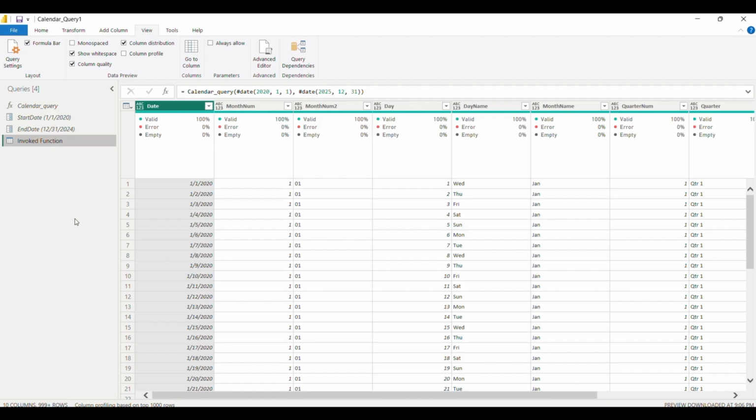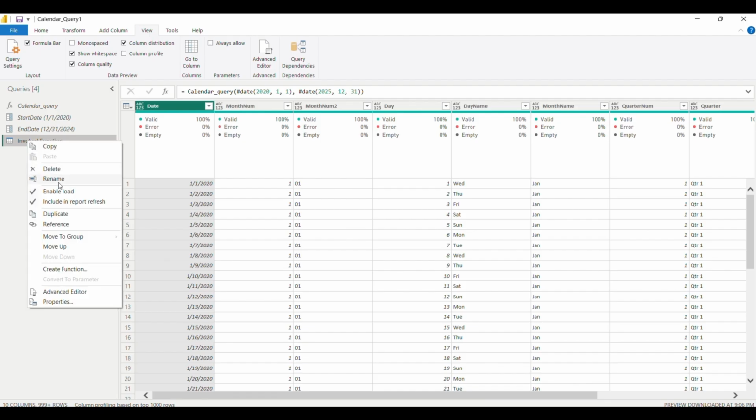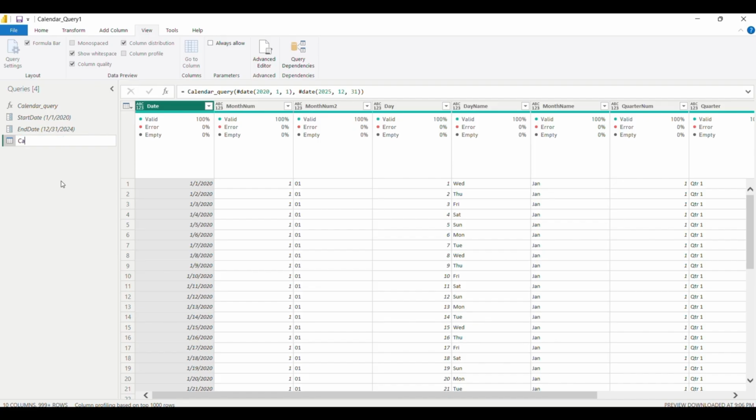In the next session we'll need this calendar, so we can also rename it as calendar query. So in the next session we will discuss time intelligence functions. It will be also very interesting because we will have the chance to transform our data, to visualize it and calculate it as we want over a long period of time. That will be very interesting.